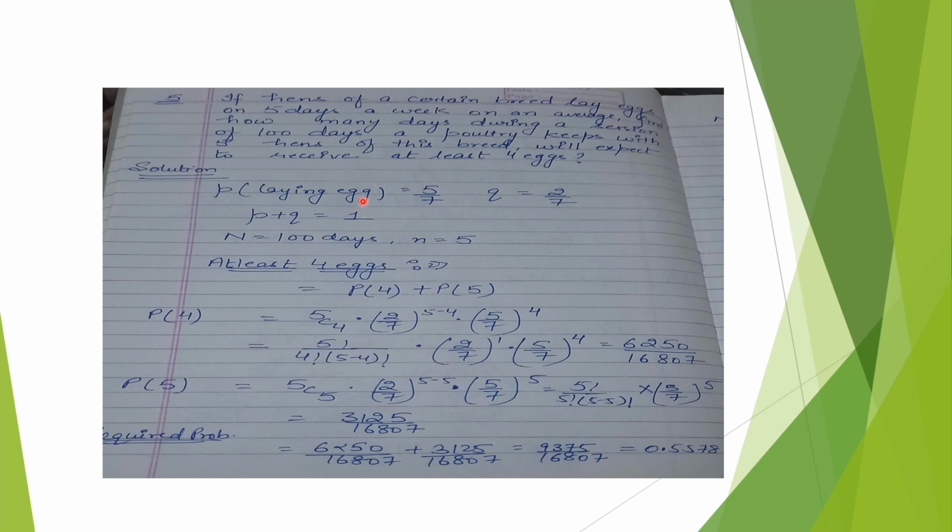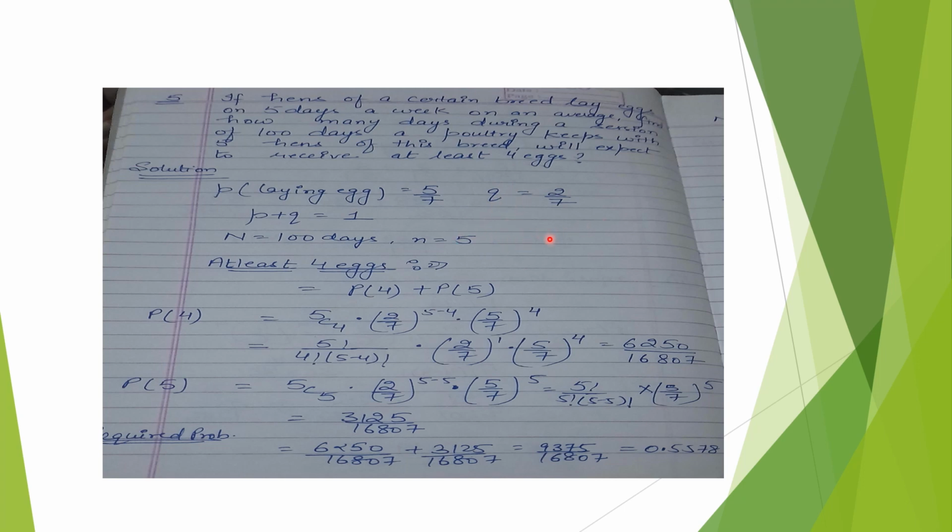So the probability of laying eggs is equal to 5 by 7, because a week contains 7 days, and out of these 7 days these hens lay eggs 5 days on an average, and the probability of failure or probability of not laying eggs